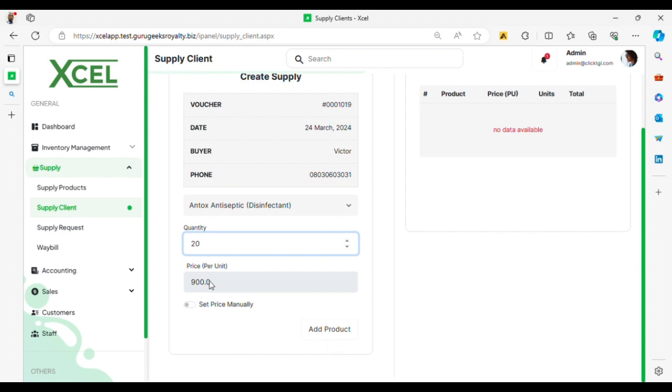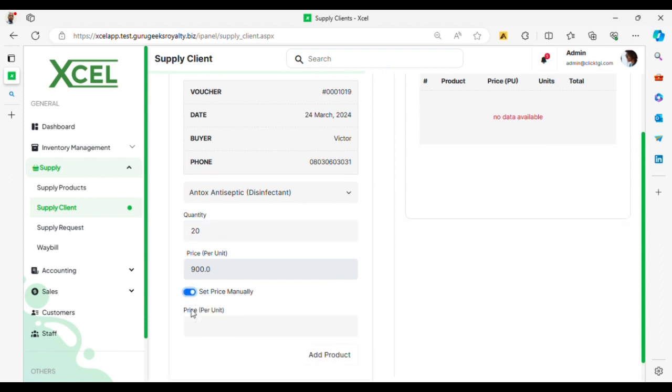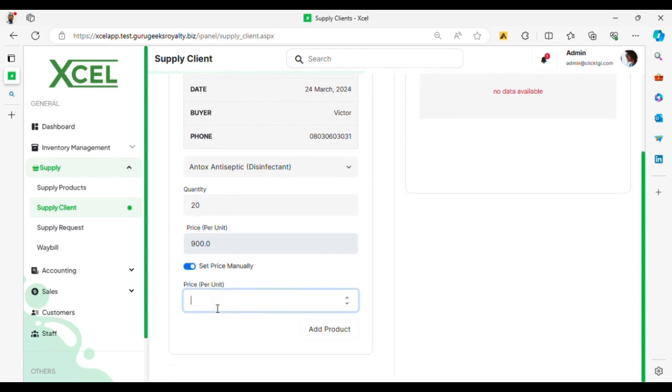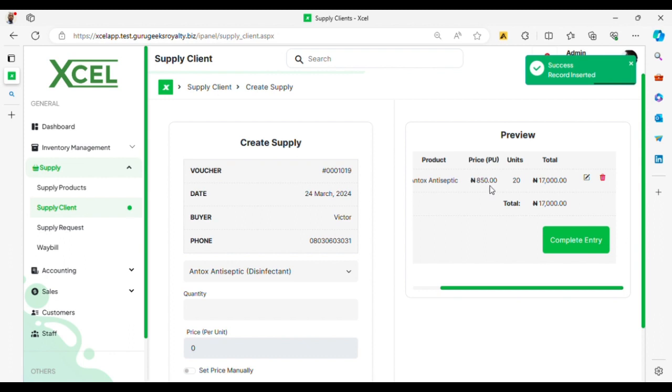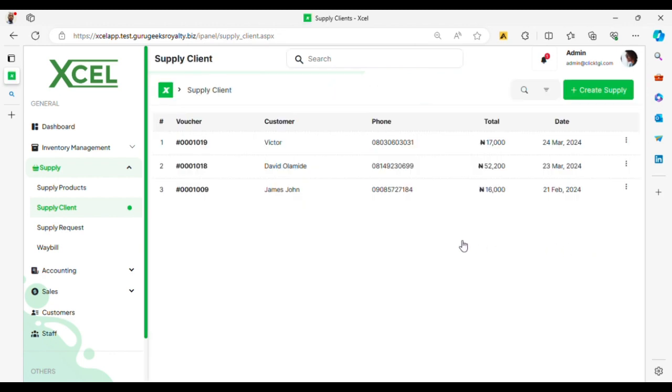So while the amount we sell in retail is 900, because Victor is buying in bulk and we want to sell to him for 850, I can just select set price manually and sell to Victor for 850, and then I select add product here. So our product is now being sold for 850, 20 units, and the total is 17,000 naira, and I just complete that entry here. So now we've sold to Victor at 17,000 naira,